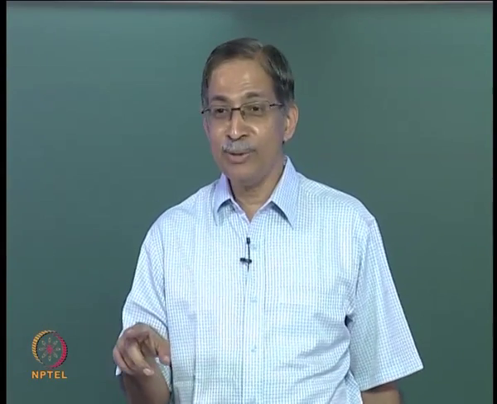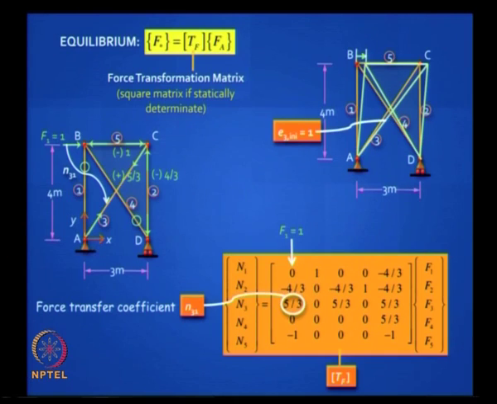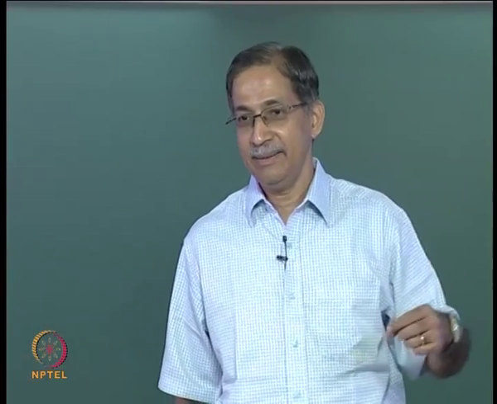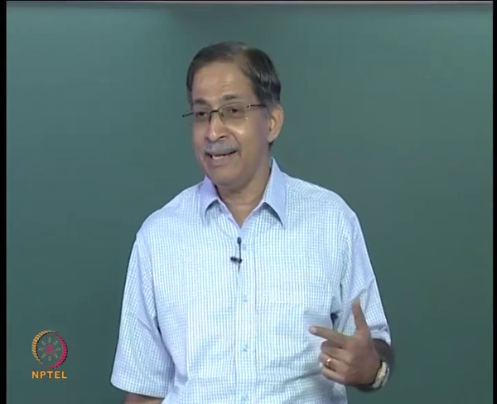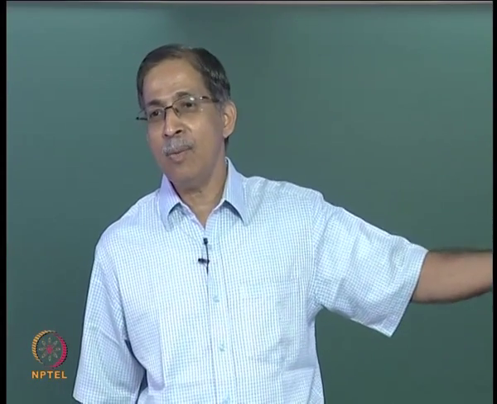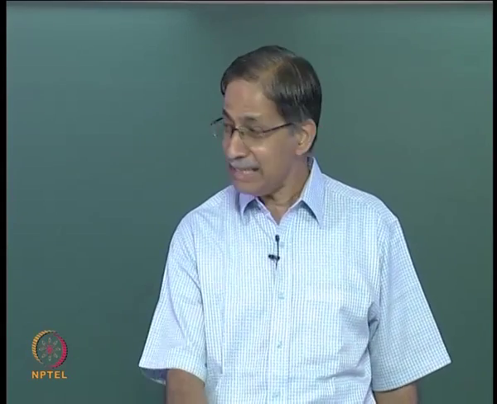Well, what you need to do is to see. Well, all the bars will move. I have heated, compatibility will satisfy. Remember, this 5 by 3 is the force you got in bar 3 when you applied F1 equal to 1. So, when you change the length of the bar 3, you will get the displacement at 1. Where is 1? Where is F1? B. This much. So, it is fantastic.